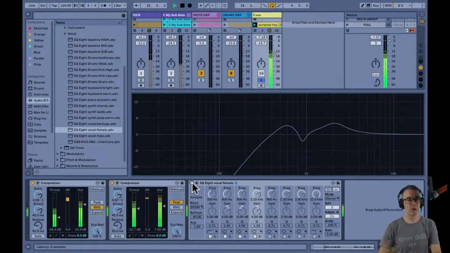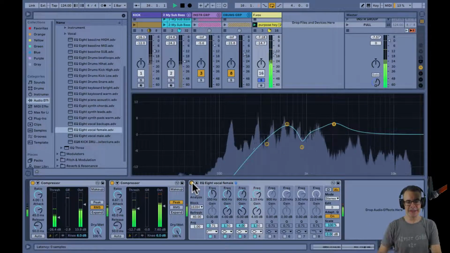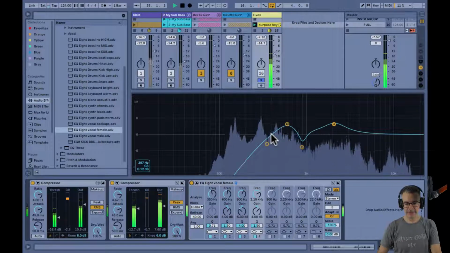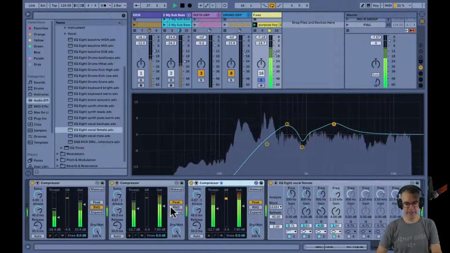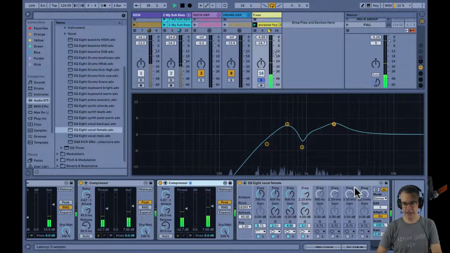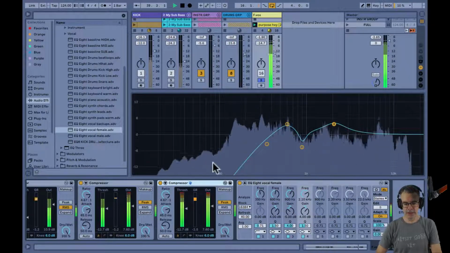Here is your preset for female vocals. Boost in the mids and some low cut. And again, the question is, which frequency range is important in this sound? Obviously, it's the mids. And as a part of EQing,